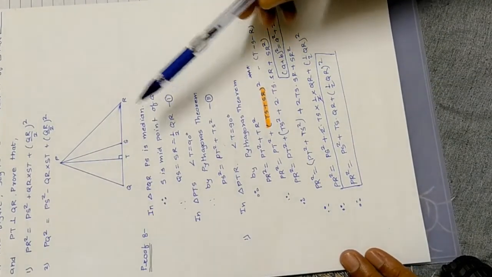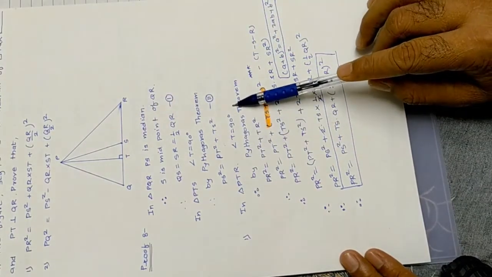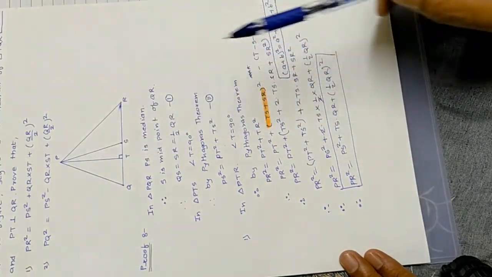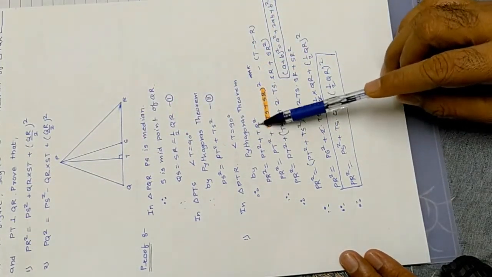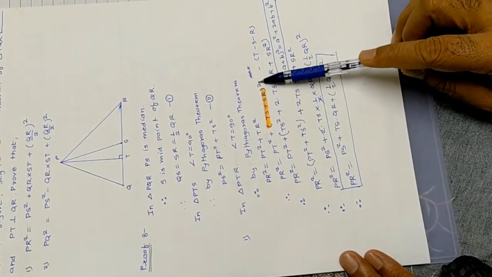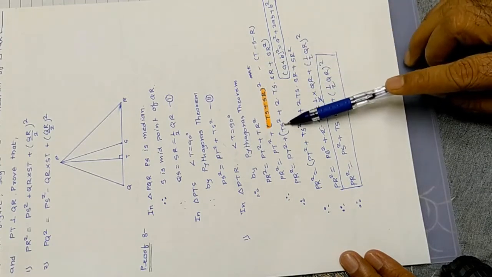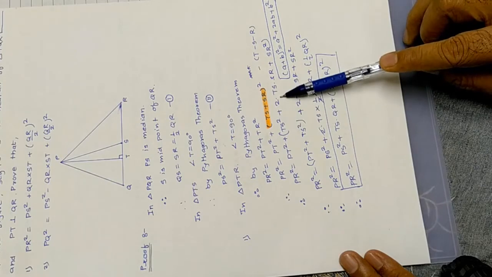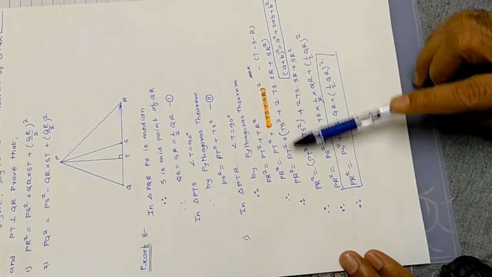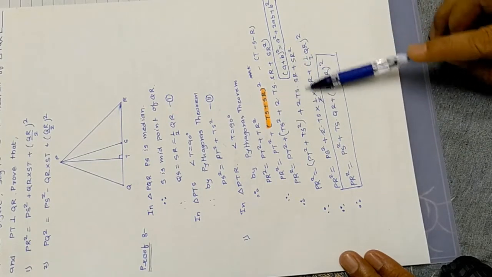Now let us revise it. Again I'll explain. In triangle PTR, angle T is 90 degree. And therefore by Pythagoras theorem, PR square is equal to PT square plus TR square. But TR is nothing but TS plus SR. So square it out. This is important step. Square it out. A plus B the whole square, A square plus 2AB plus B square. It is going to become TS square plus 2TS into SR plus SR square. This TS square I am taking with PT square. So PT square plus TS square together plus rest of the thing as it is.